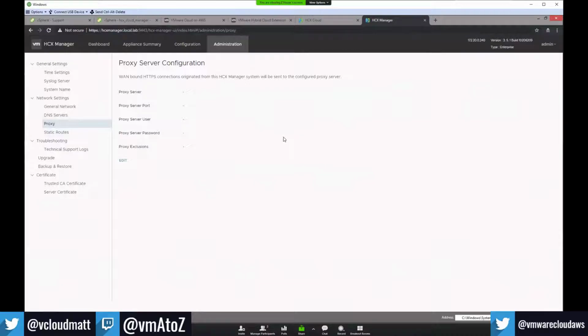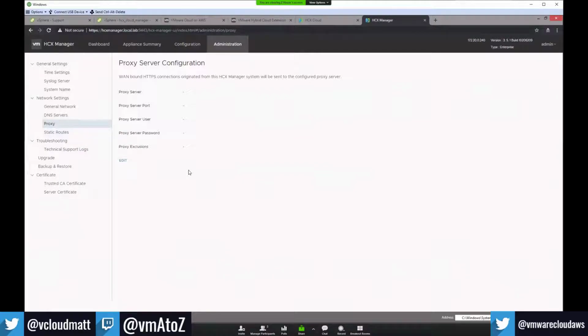One thing I did want to draw attention to on this page as well, so we've seen some issues, is once you configure the proxy, basically all traffic from the HCX Manager is going to go through that proxy. Important to note is that the HCX Manager also is going to make port 443 or web connections to your vCenter, your PSC for single sign-on, potentially your NSX Manager. What's going to happen is if you configure a proxy, it will send all those requests through your proxy as well. So you'll have to do one of two things. You'll have to ensure that your proxy is able to access and process those requests to allow it through to your vCenter, NSX Manager, PSC,